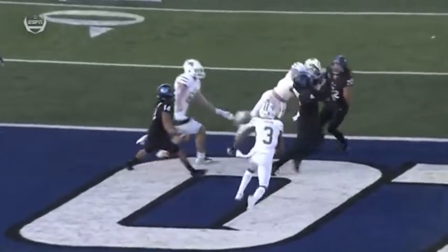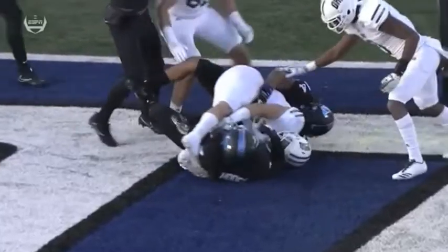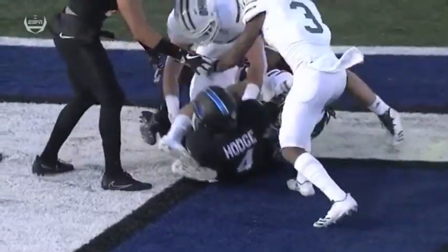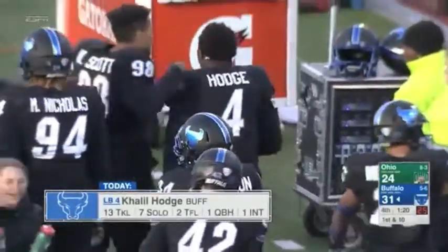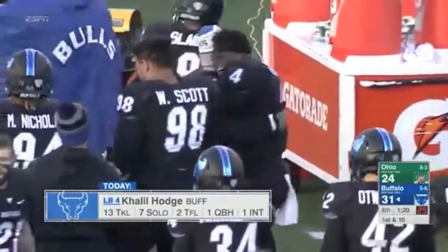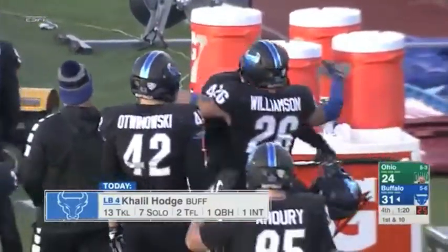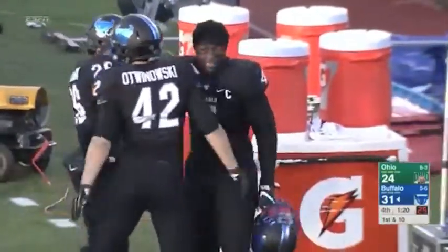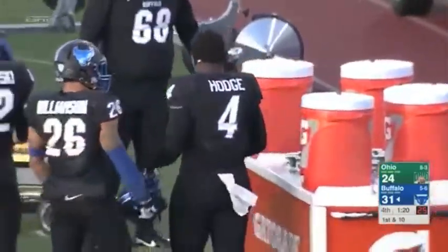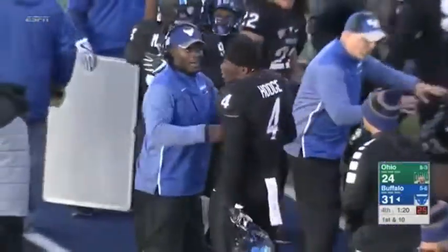He finds a way to stay alive, but when you throw into the heart of a defense, bad things typically occur. And Hodge fights for the football and comes down with it, but you can make the argument that it was a tie situation in which it should go to the receiver as well. But as you see right there at the tail end, Hodge uses his strength as a defender to pull the ball away and to come up with the INT. He has had an excellent football game today. Your main man making the biggest play of the day defensively, and he ripped that football away from Andrew Meyer. Meyer had a piece of it. Yes, he did. And Hodge ripped